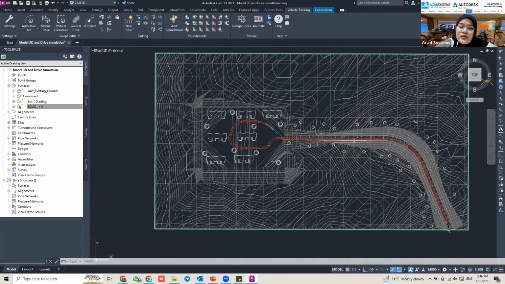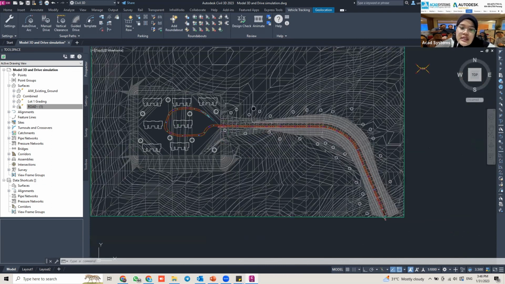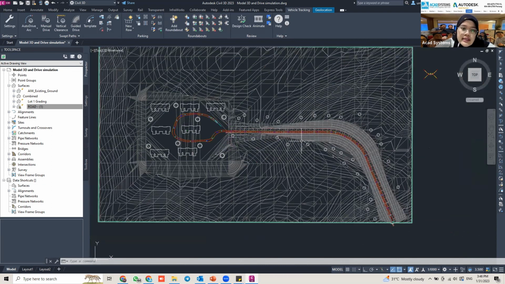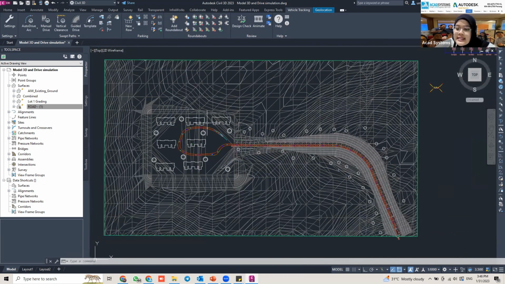Okay, that is how you do the vehicle tracking in Civil 3D. So that is the end of this lesson. If there is any question you want to ask me,